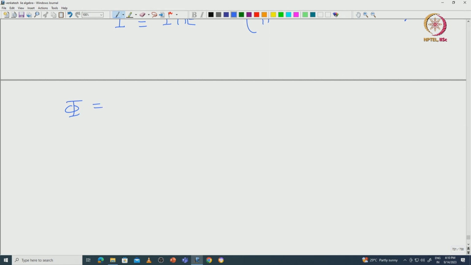So, phi is going to be those alpha in I such that the squared length, or the inner product of alpha with alpha, is 2. Okay. So, this is our type A root system very explicitly. So, this is something you can check